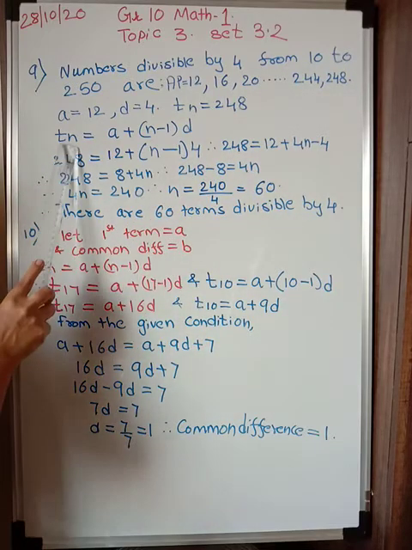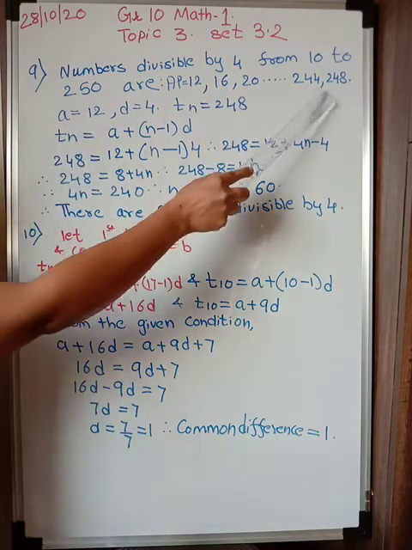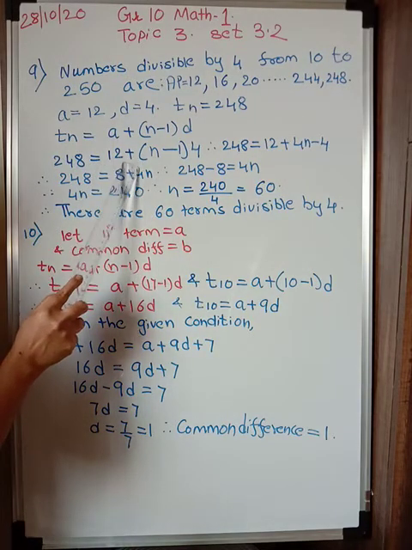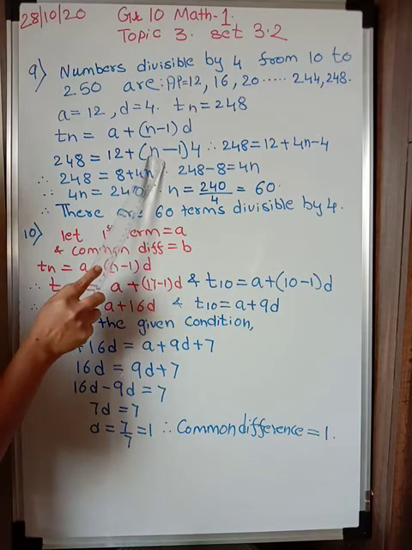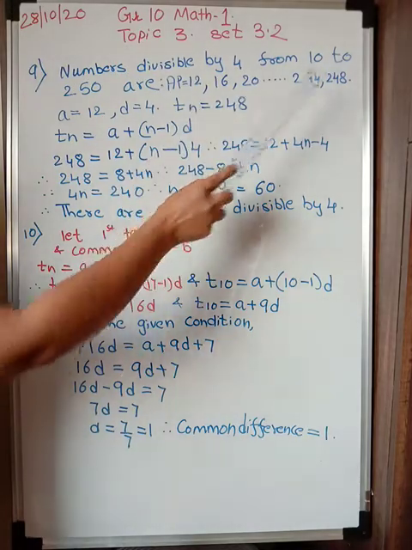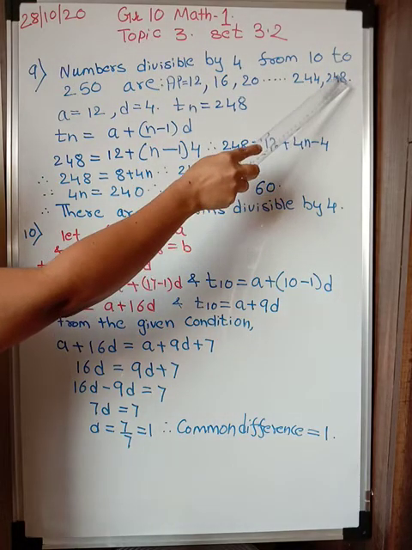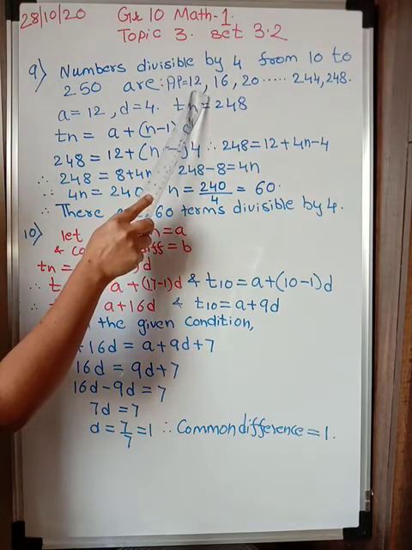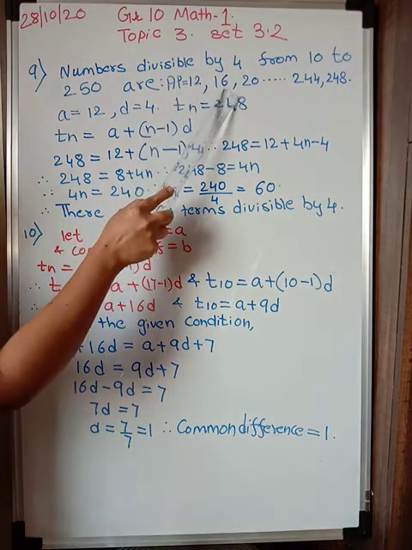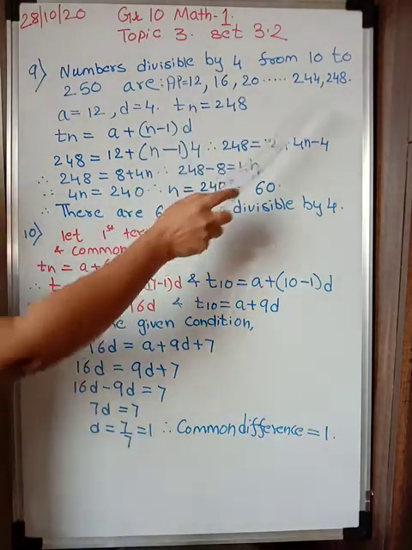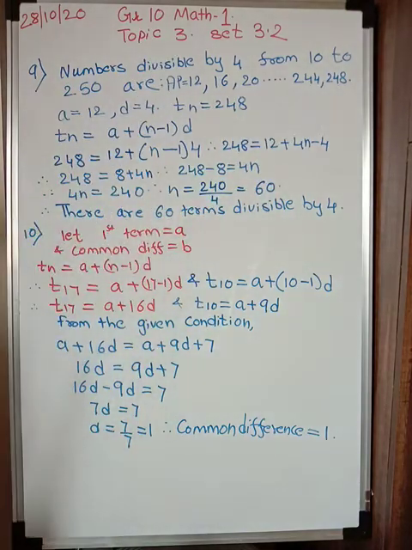Alright. So Tn is equal to A plus n minus 1 into d. The nth term is known, it is 248. So for Tn, I am substituting 248, which is equal to A is 12 plus n minus 1 into d. n indicates which term 248 is, and because it is at the last, that will also tell me how many numbers are there in the AP. For example, T1, the first number, is 12. The second number is 16. Like that, the nth number is 248. Because this is the last, I will come to know how many numbers are there in this AP.